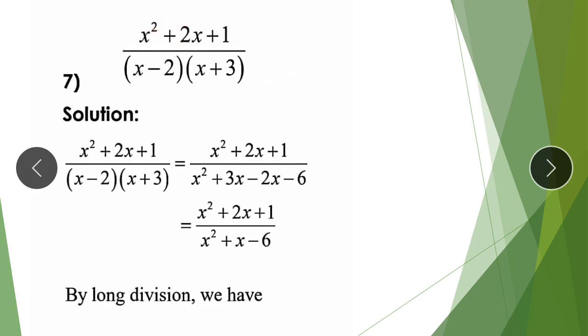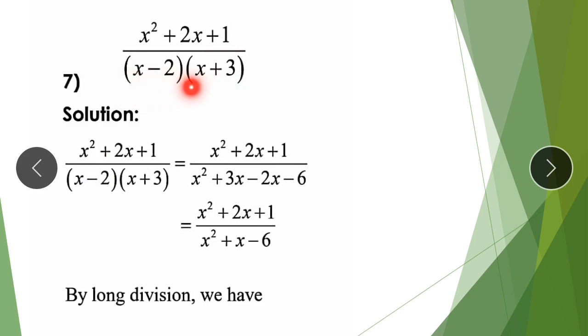Here we can see that the degree of the numerator is 2, and if you multiply this x with x, you have to be very careful here, you can see that the power will be x square when it is multiplied. So here both the degrees are the same, so it means it is an improper fraction, meaning division is possible here. This improper fraction can be further simplified, converted into a proper fraction. So it is a must that before making the partial fractions, you see whether the single fraction or the resultant fraction is proper or improper.